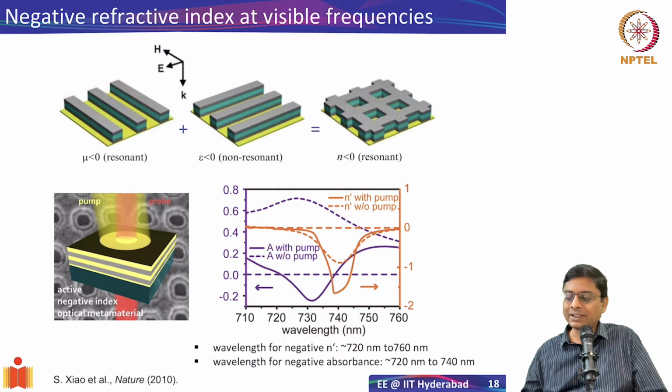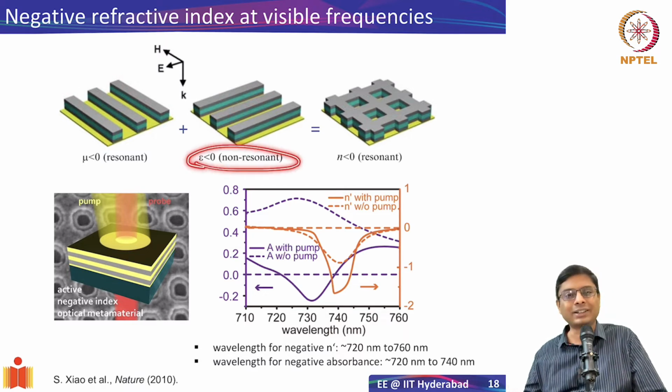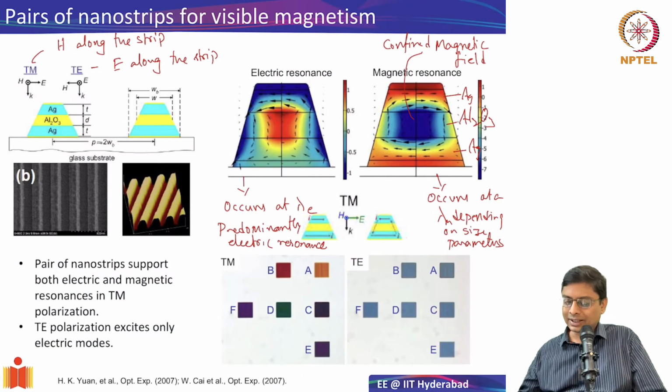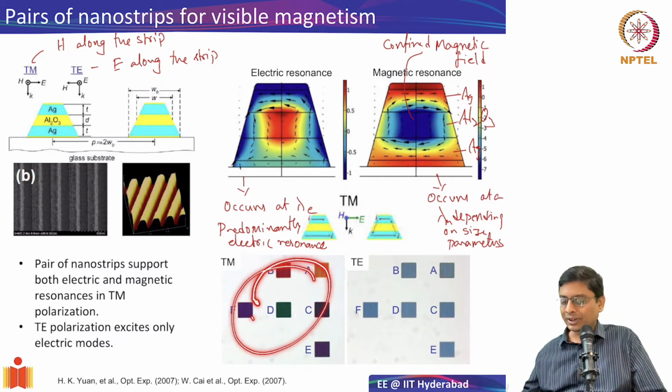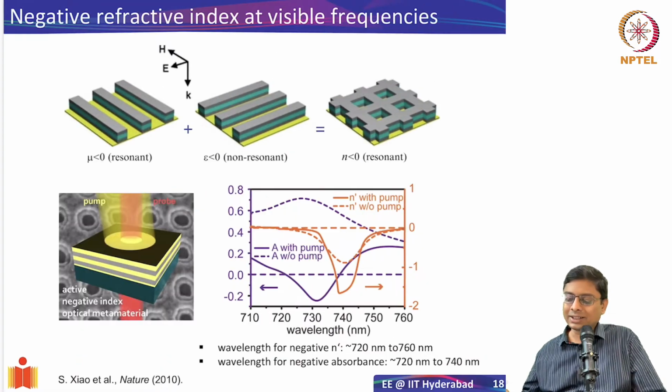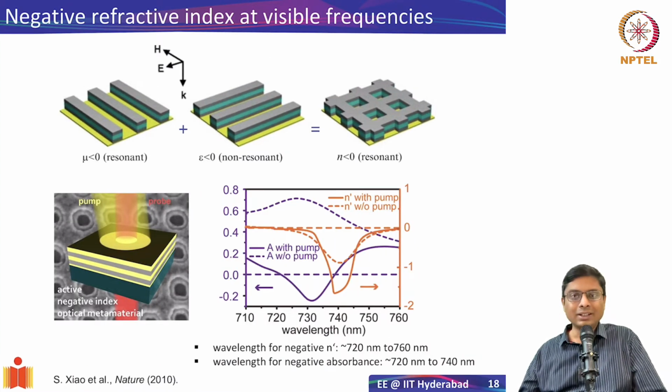But if you have a perpendicular incidence, it exhibits an electric response, but it is not actually resonant. So what if you combine these two? We saw in the previous case that if I have this resonant response in the TM polarization, but in TE there is no resonant response. It's non-resonant, right? So now if I combine them and appropriately design a structure, we end up with